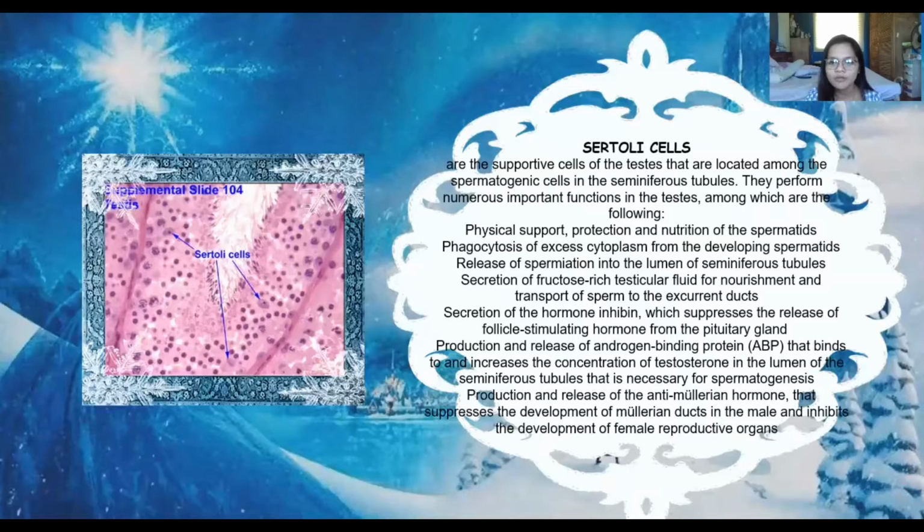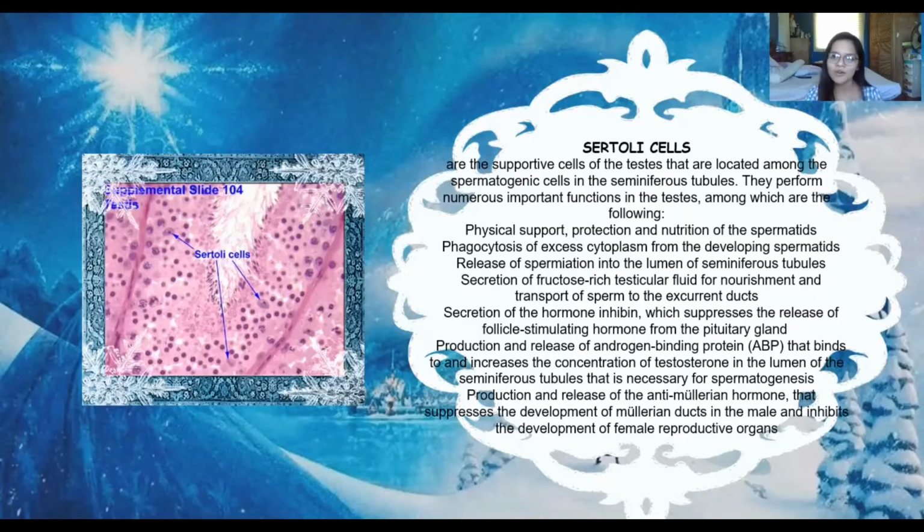which suppresses the release of follicle-stimulating hormone from the pituitary gland; production and release of androgen-binding protein or ABP, which binds to and increases the concentration of testosterone in the lumen of the seminiferous tubules that is necessary for spermatogenesis; production and release of anti-Mullerian hormone that suppresses the development of Mullerian ducts in the male and inhibits the development